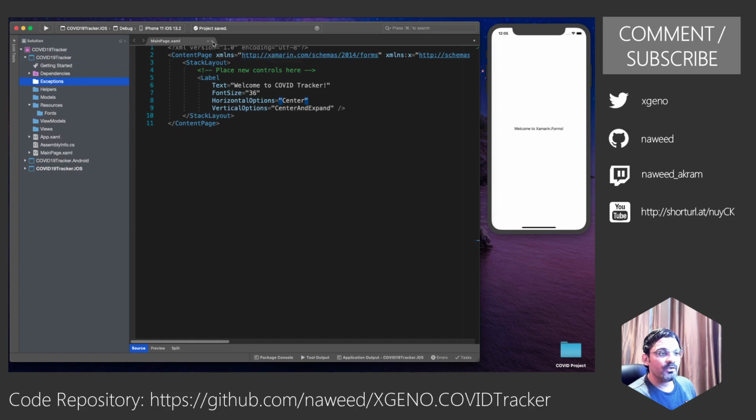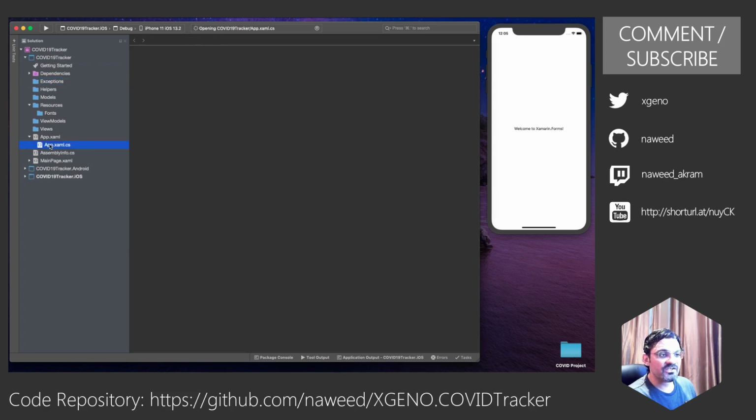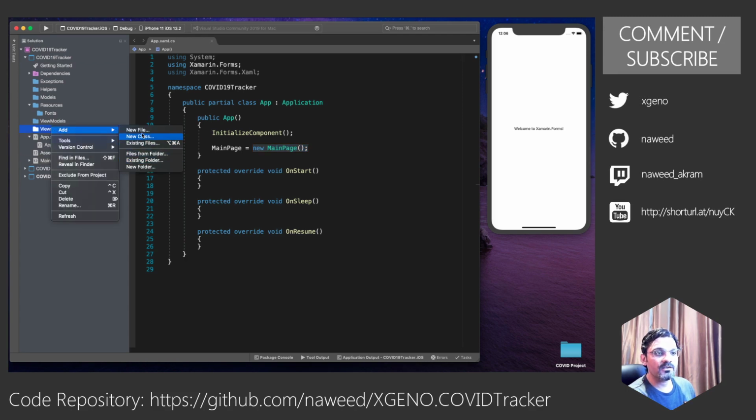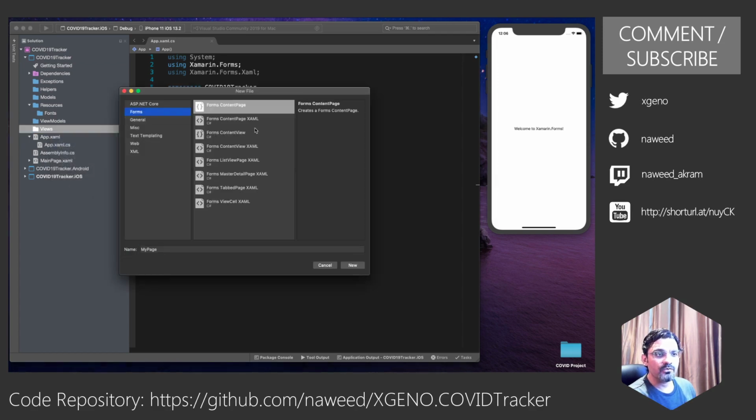Now, one thing you will notice when the application starts, it is going to this main page. This is the main page XAML. So it is starting over here, and it is in the main root folder of our shared project. And since I mentioned we will be doing this inside our views, let me create a new item, a new file. I'm going to create a content page XAML class.